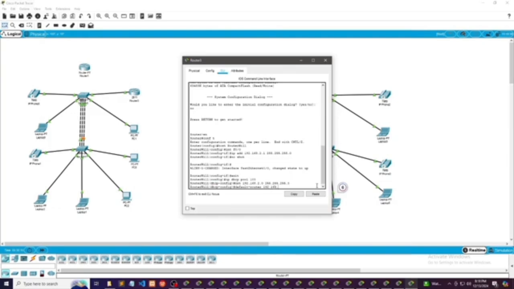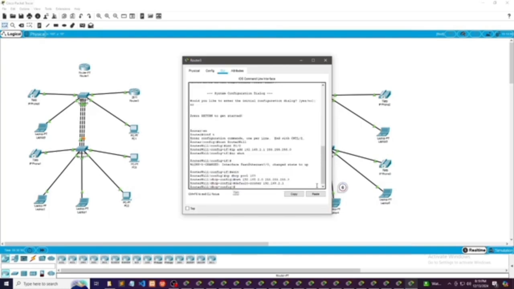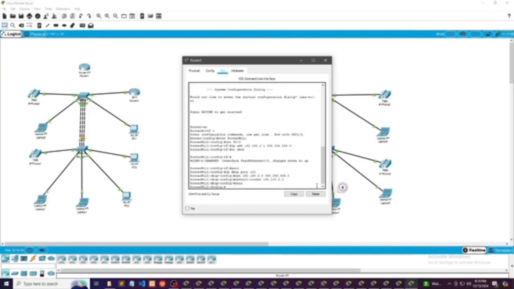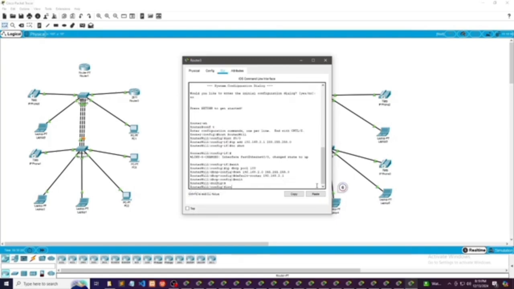Then here, we add the new codes to the routers. So enter. Then int serial 2/0. Then enter. IP add 192.168.1.1. And there is a new code here.